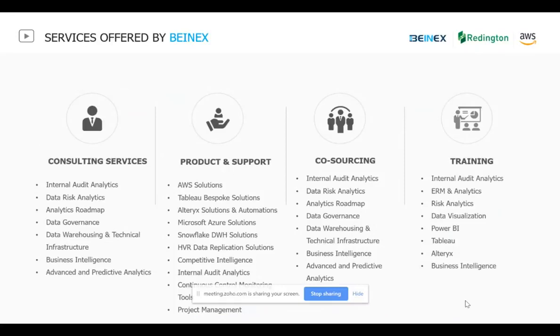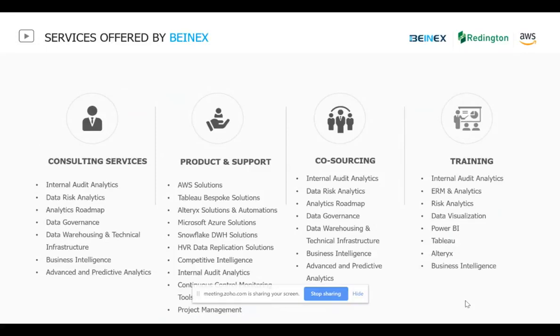We also do product and support on AWS, Alteryx, Microsoft, Snowflake, HVR tools, and project management as well.